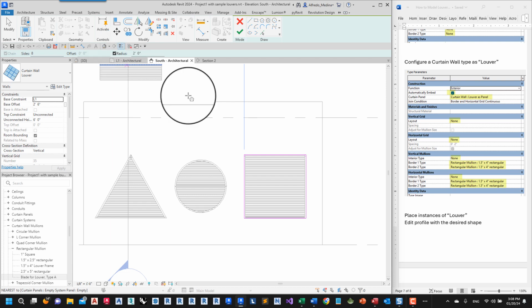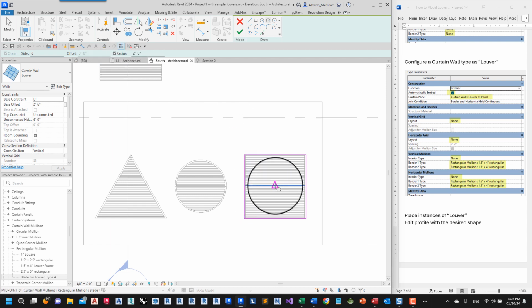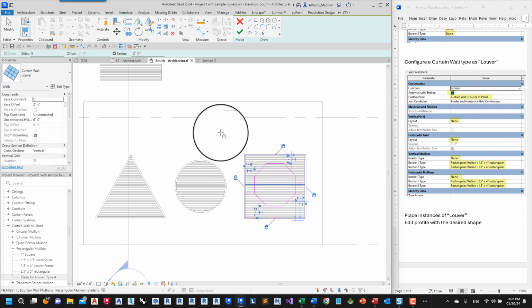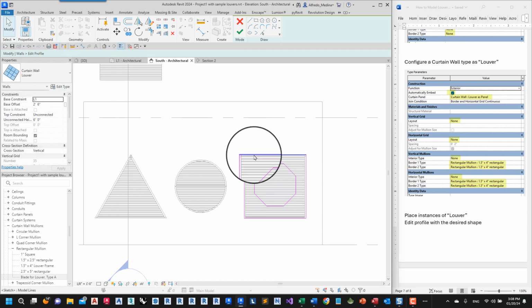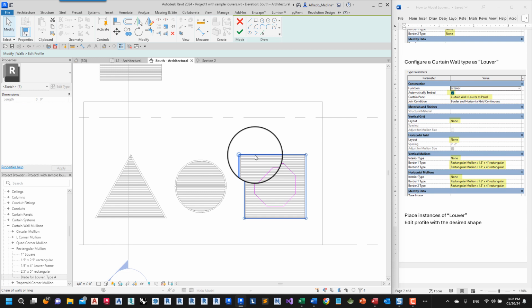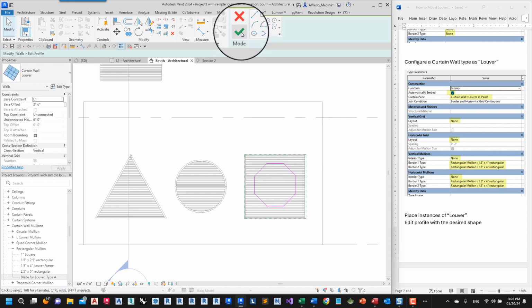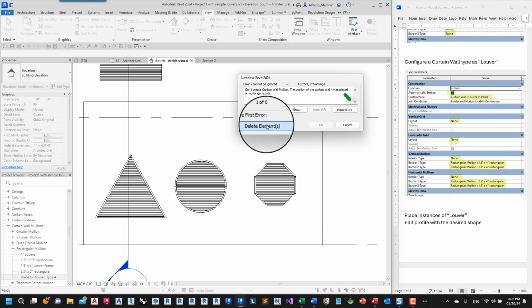Let's draw an octagon like this, and then delete the original edges and click OK.